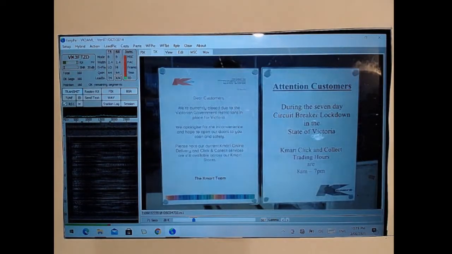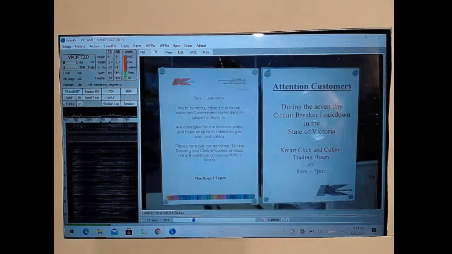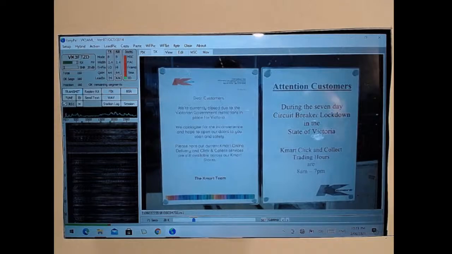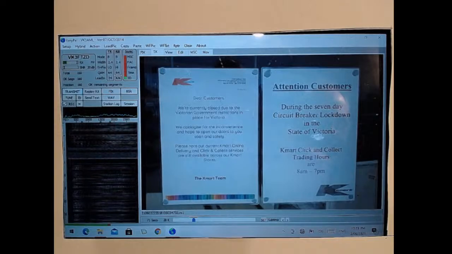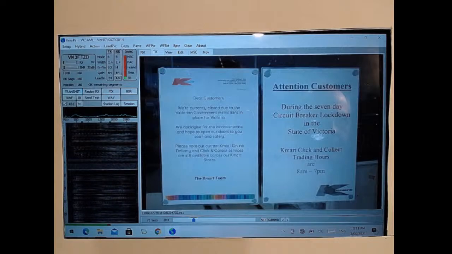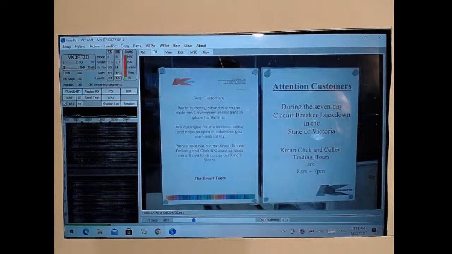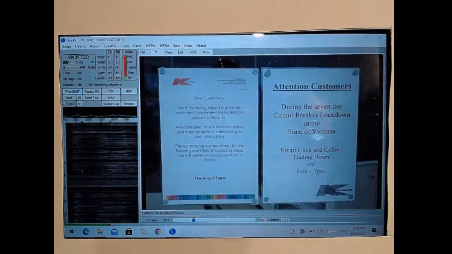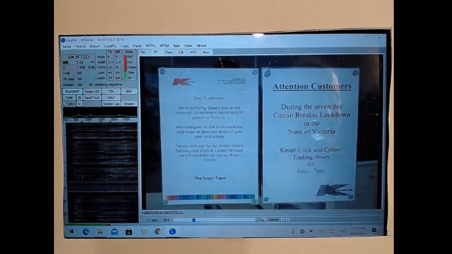Okay, no worries. And VK3GTG, James, how did you go? Yeah, full decode, 15 dB, all segments okay, and yeah, bit of a sad state of affairs we're in at the moment, but I guess I'll have to wait a little bit longer before I can get my cheap Chinese goods from Kmart again. Well, without click and collect, that is. Back to you, Tim.